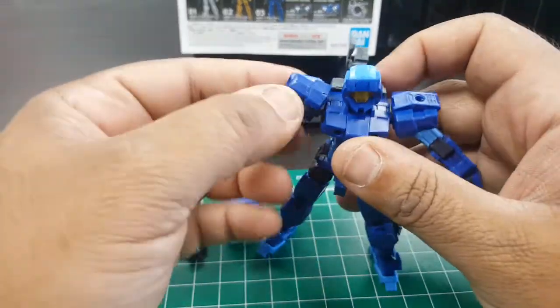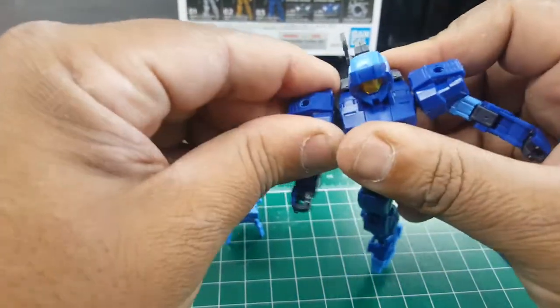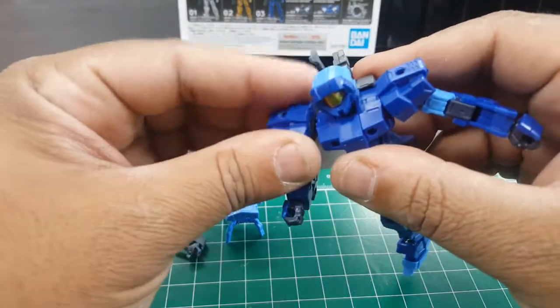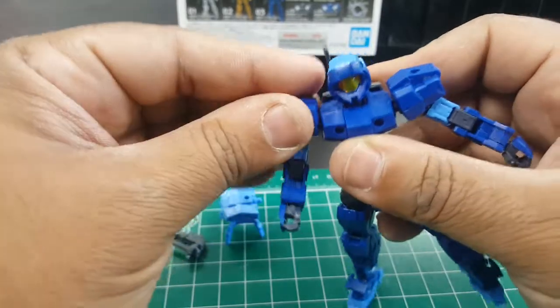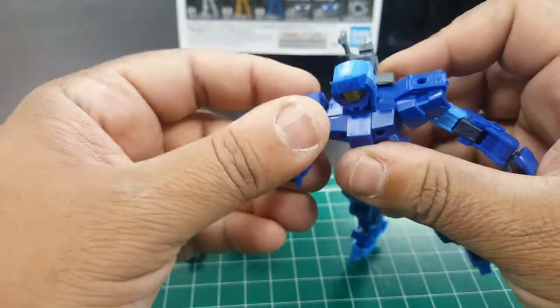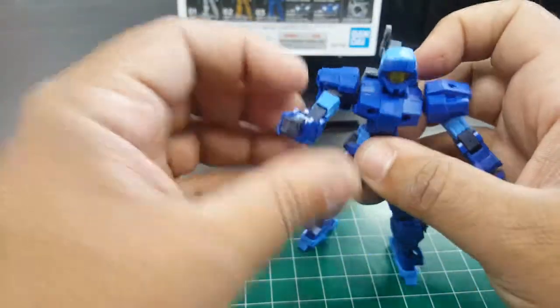One of the cool things I noticed about it, the shoulders snap on this way. They don't go through, so they're kind of reminiscent of Real Grades that way. They stay on pretty well. The arm gets a good bend, which is fine. The